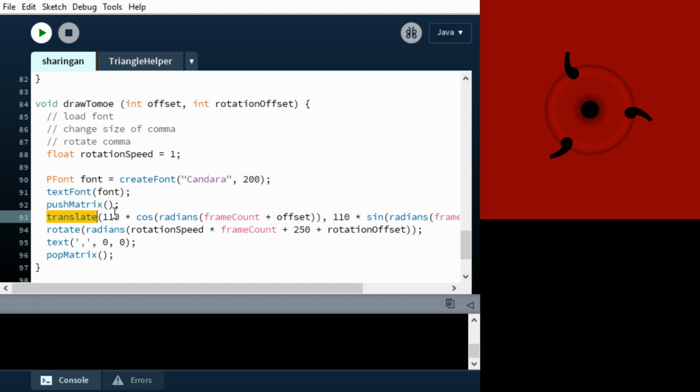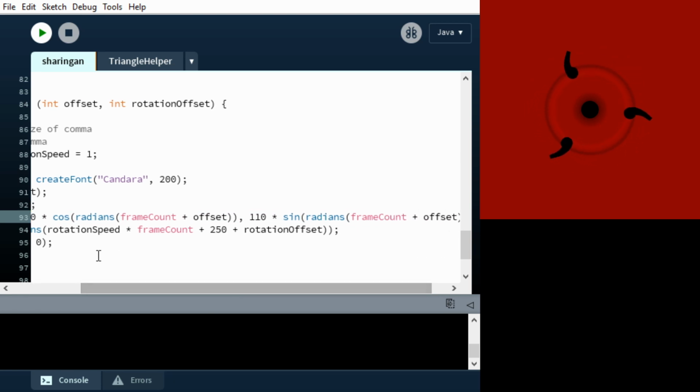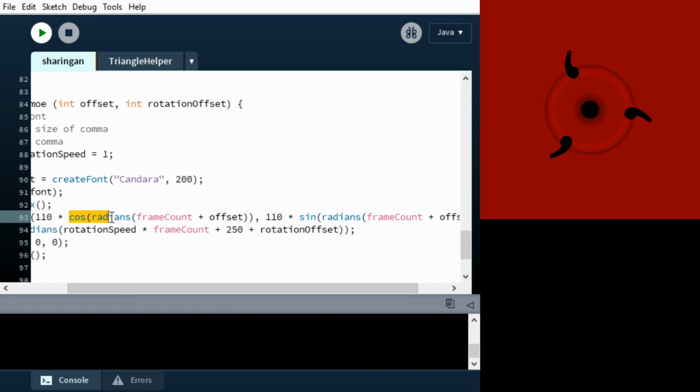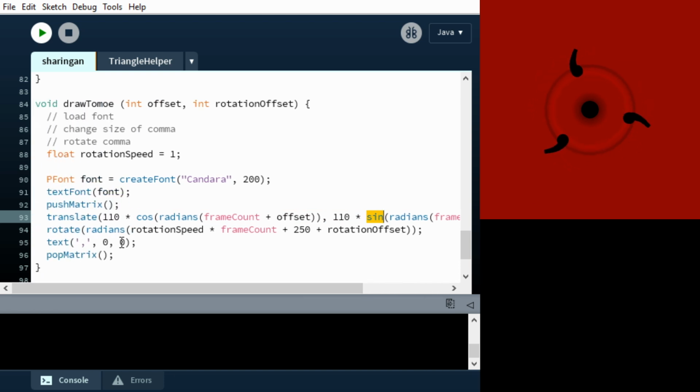So we're translating, which is just some math here, but like I said, with the unit circle, you want to move x through cosine, so we're taking the radians, which is 0 to 2 pi, of the frame count plus the offset that we fed in for the Tomo, like 180, and then this is the radius, 110. So this is how far 110 is. It goes all the way out to here. And then sine does the same thing for y. Then we're going to rotate by radians again times the rotation speed up here, so we can make it rotate faster or slower depending on what we want, times the frame count. Again, the frame count is how many frames are going every second,